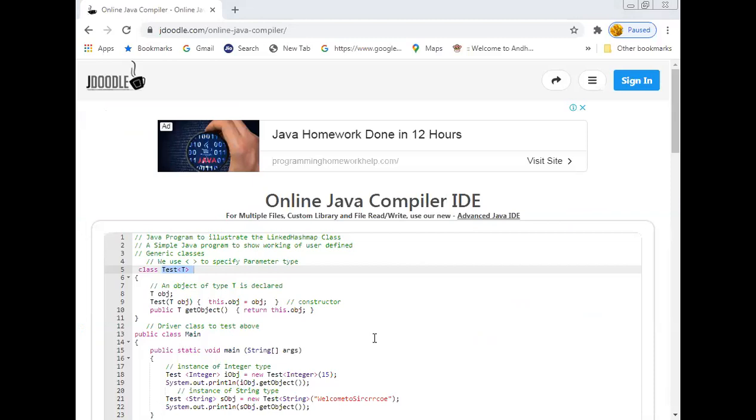Before going to discuss the generic method, let us see how to pass different arguments, different in the sense more than one type parameter, as an input to the